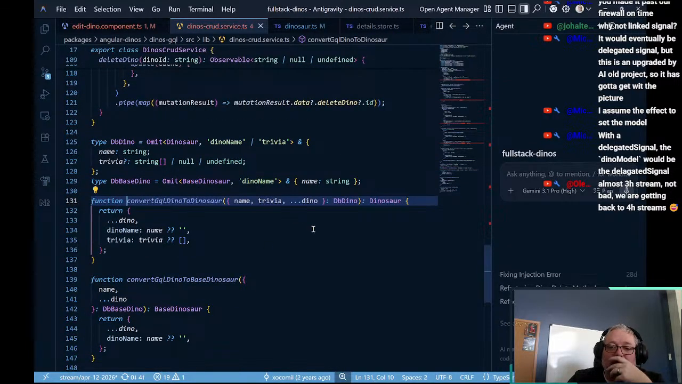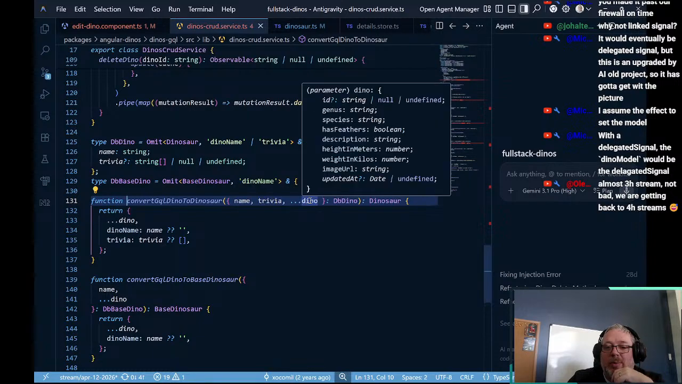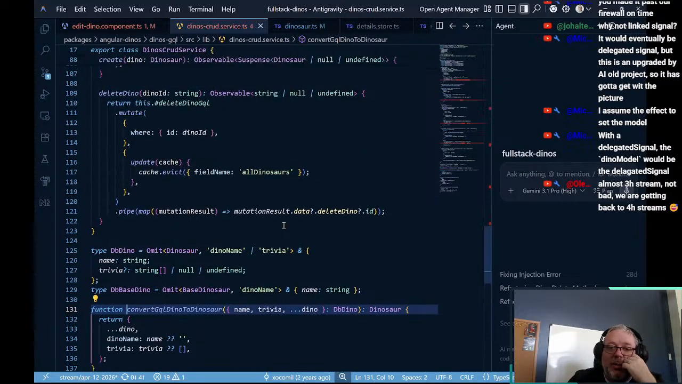Where did Dino come from? We're splitting it. So the rest is coming in as Dino. But type DB Dino has Dino name, genus, species, description. So DB Dino,